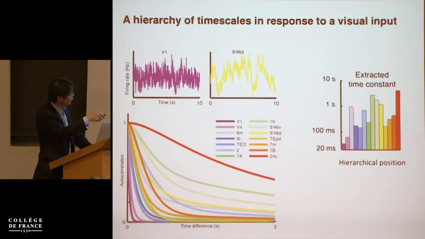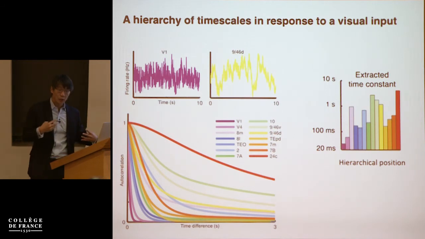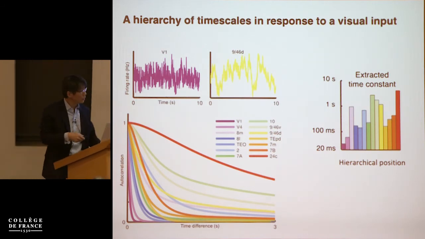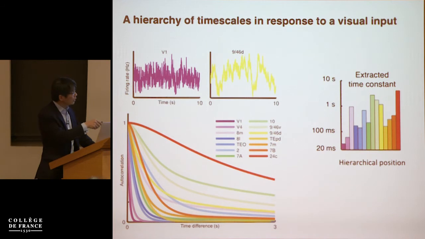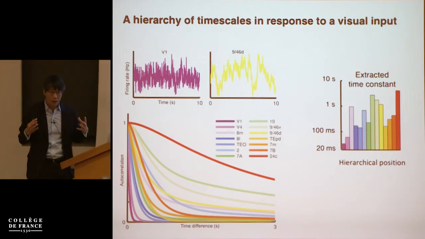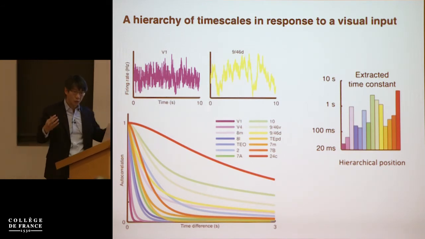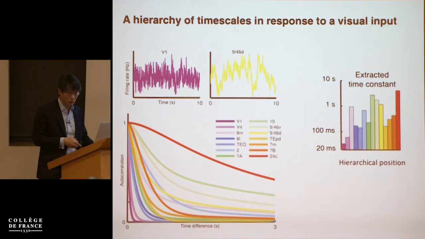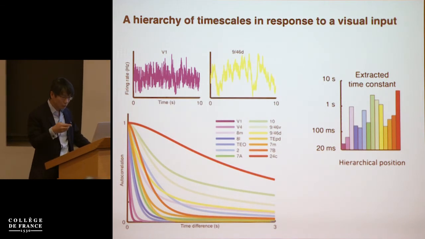So for example, this one, the light purple, is part of the frontal eye field. It's actually rather low in hierarchy, but because it's part of the frontal lobe, it interacts with many other frontal areas that are slow, right? So as a result, the dynamics is rather slow. So this really is a pattern that depends on multiple factors, including long-distance connections, which I will demonstrate more explicitly,